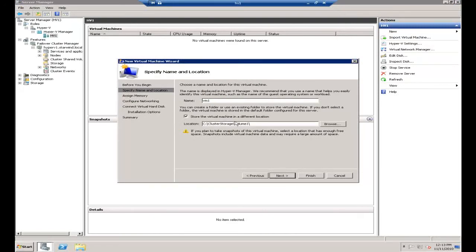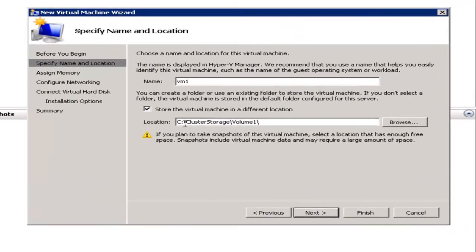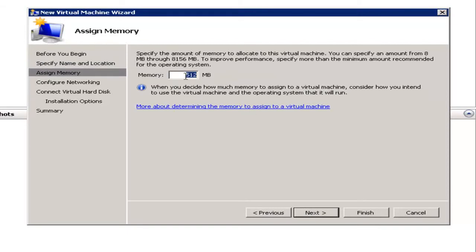Yeah, it's critical to store it in the cluster shared volume. It appears as a mount point on the drive C of your cluster in the cluster storage folder under Volume 1. If you add additional HA devices or any shared resources to your cluster, it will appear as Volume 2, etc. So we select Volume 1 here, go next, give it half a gig of RAM,